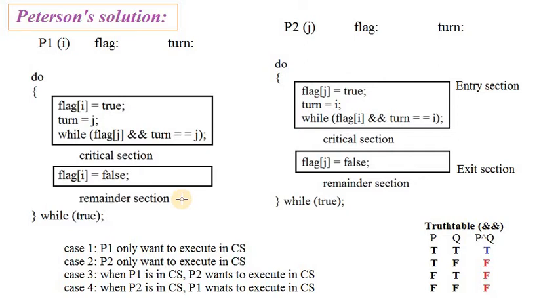First of all, let us take two programs here. This is program 1 and this is program 2. Here the critical section is indicated in both the programs along with the entry sections and the exit section. See that this is the entry section and this is the exit section. These are the two sections included before and after the critical section.